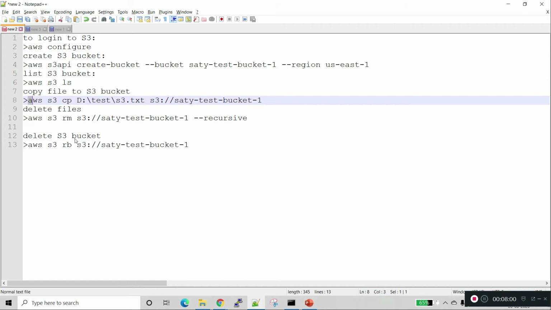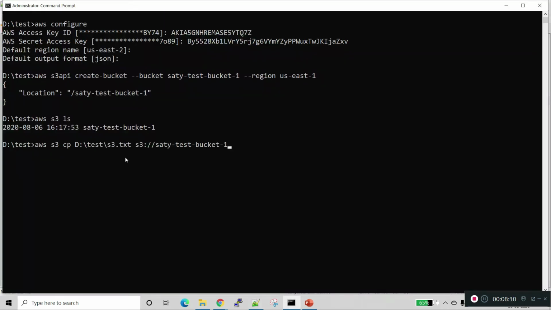With the aws s3 cp command, I am selecting the s3.txt file and copying it into the S3 bucket. This is the command for copying the file. With the recursive option, we can upload all the files from the current directory.